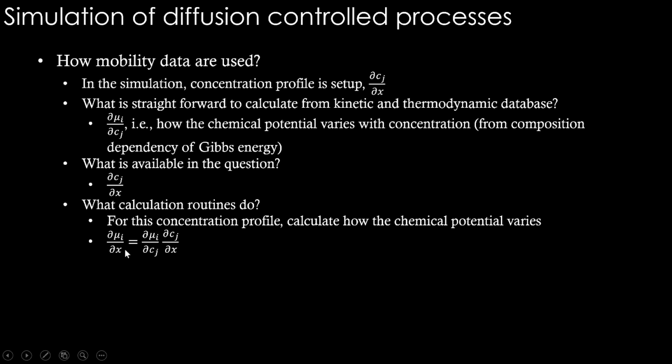So if we have this data, how chemical potential varies with distance, this is what we have put in the Onsager formalism, where we have this data as the thermodynamic factor, and the kinetic factor, which comes from mobility. These two things we can put together and calculate the flux. So now the mobility database comes and connects elegantly to this thermodynamic factor, and we can use this to calculate the flux. If you want to calculate diffusivity from this, make a diffusivity matrix for a multi-component system and use it with the concentration profile, we can also do that.